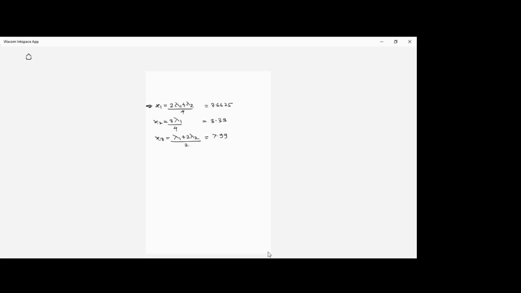So what we have got now, this particular x1, x2 and x3, is the point where you will be getting an optimum value, right? So this particularly is x star. x star can be represented as 3.6625, 3.33, and 7.99, which is the point of getting the optimized value,